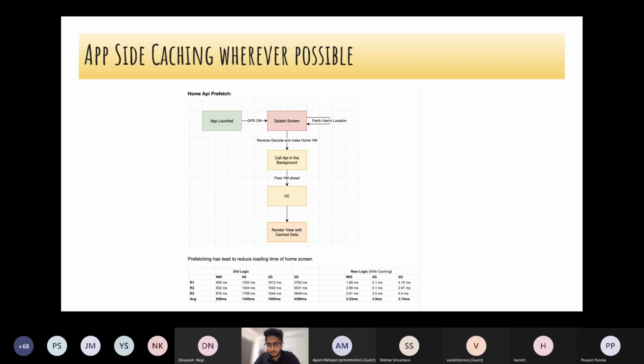Let's say we are using Cloudinary. Based on different metrics, we came to the conclusion that WebP is a lot faster because it is small in size, so it gets downloaded faster compared to other image formats.